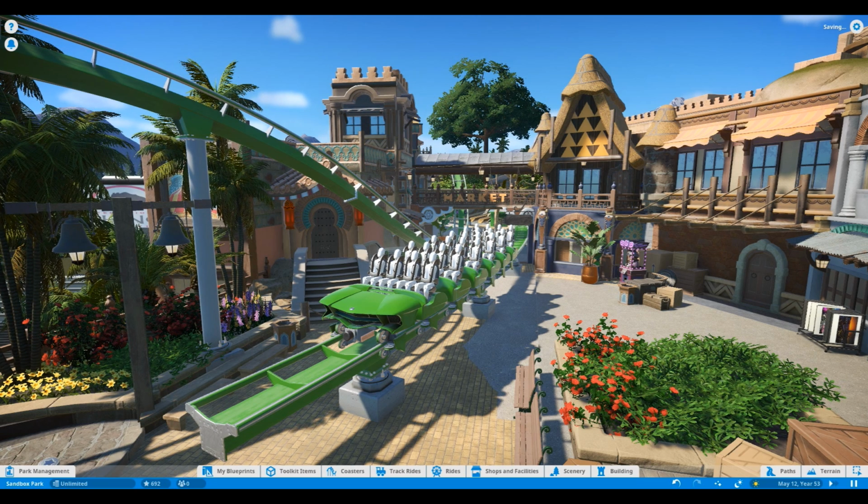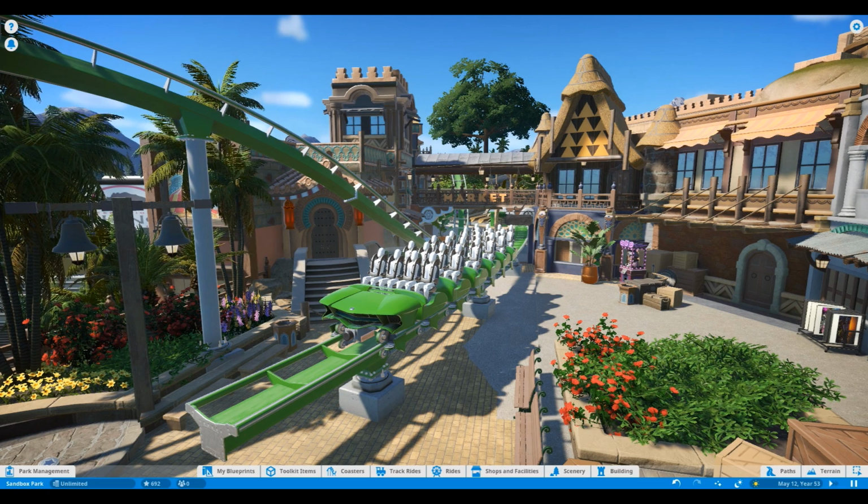So anyways, guys, let me know your thoughts down below on this 1.10.1 update, and if you will be using the B&M Sit Down for all of your parks, or just trying to recreate your incredible Hulk coaster from